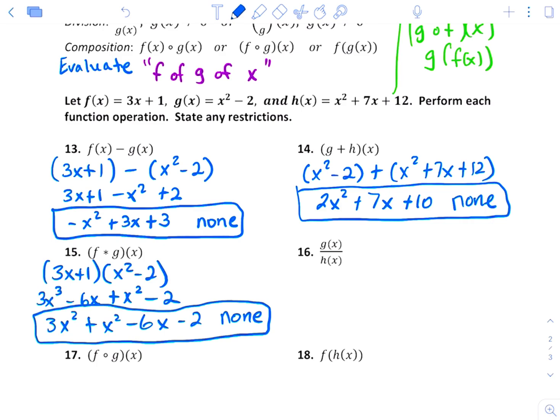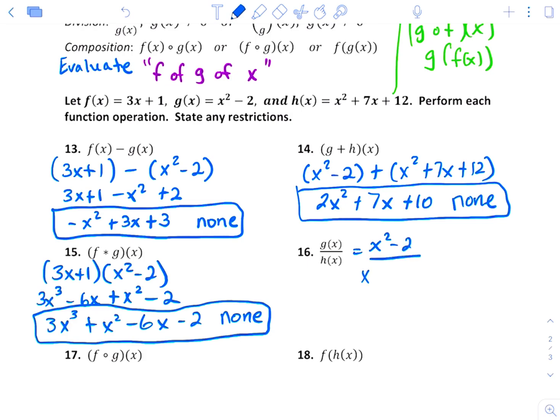Oh, let me fix my power. That should be a 3. There we go. Okay. All right, so 16, g of x, we have x squared minus 2 over h of